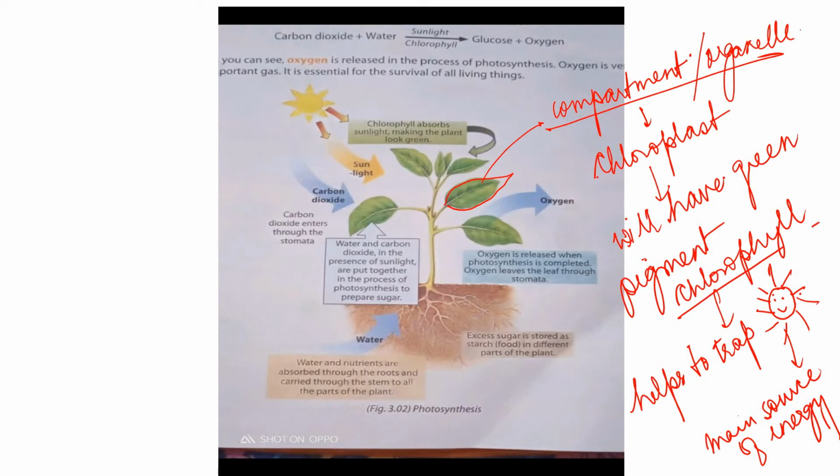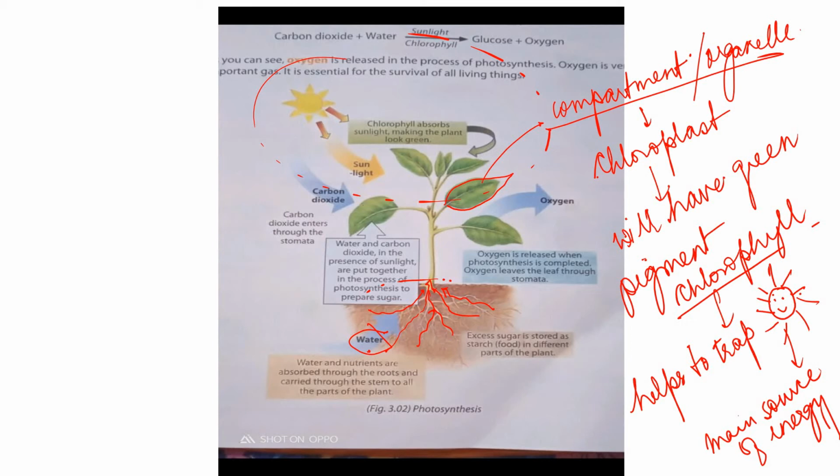Okay, and what is happening is at the upper portion, that is, the sun is present at the upper portion. So the green pigment chlorophyll is trapping the sunlight. But what about this lower portion? Simultaneously, what is happening is that water is taken in by the roots of the plants. We pour water in the soil, right, for the plants to grow, for the flowers to bloom, isn't it? So this water will keep on moving into the roots of the plants